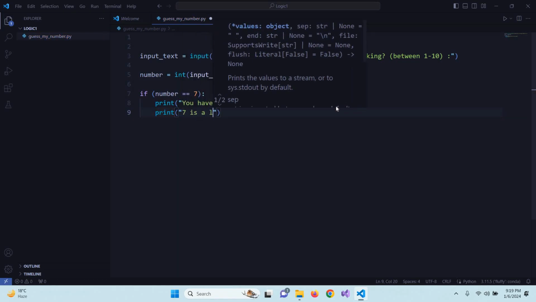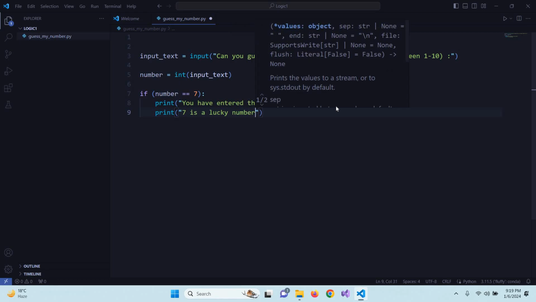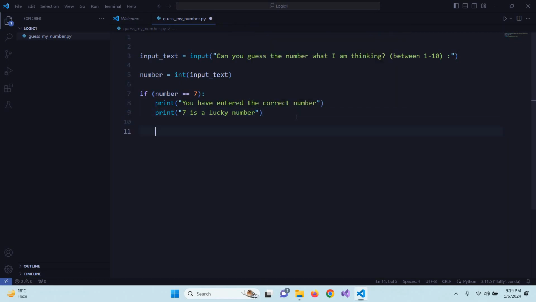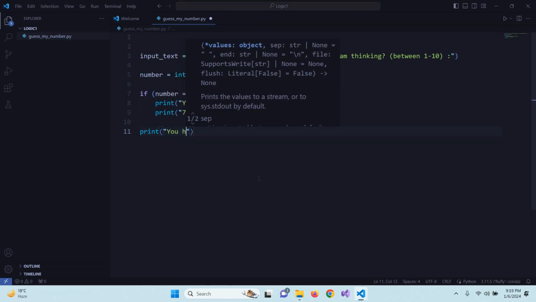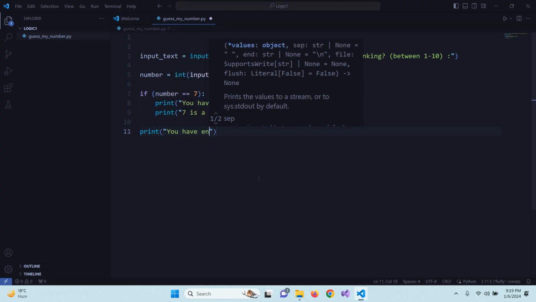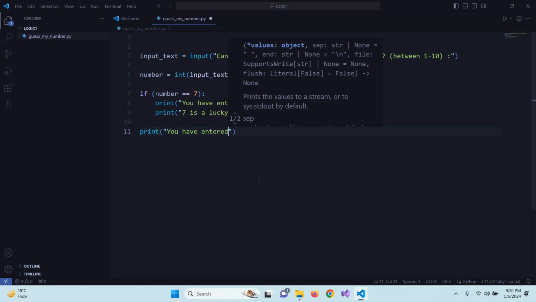Seven is a lucky number. Now I am printing another text: you have entered